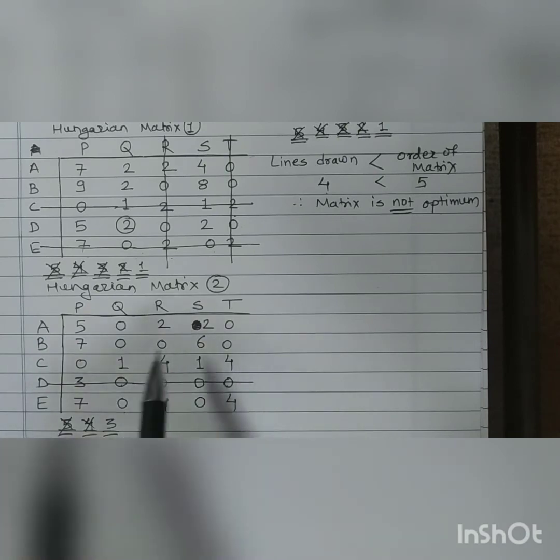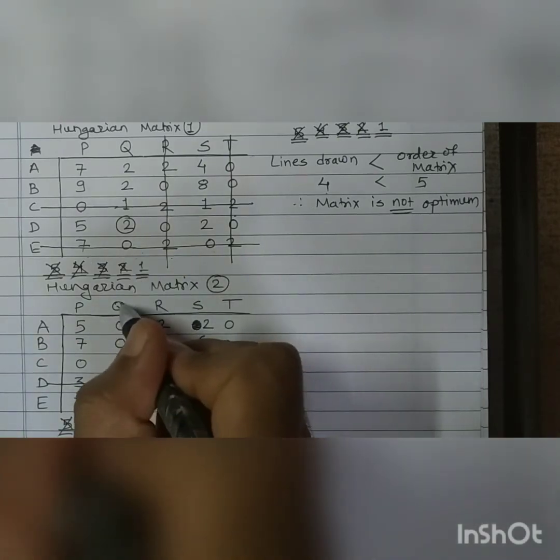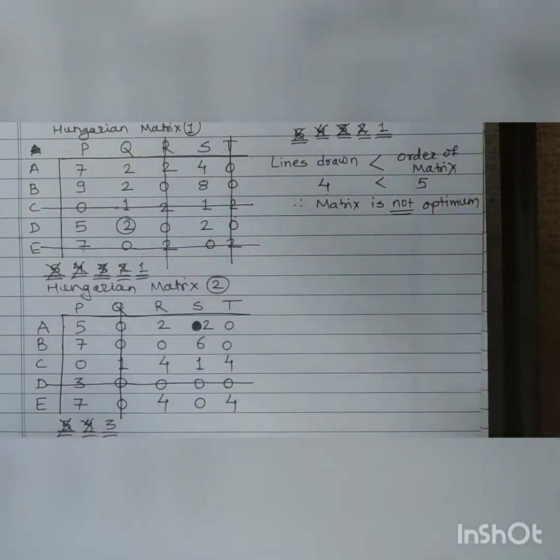So you can draw a vertical line or a horizontal line depending on your choice. Here I am going to draw a horizontal line. So now can you find 4 zeros? No. So now go for 3 zeros. Can you find 3 zeros? Yes, I can find 3 zeros here. So I will draw a vertical line covering these 3 zeros. Now can you find 3 zeros?